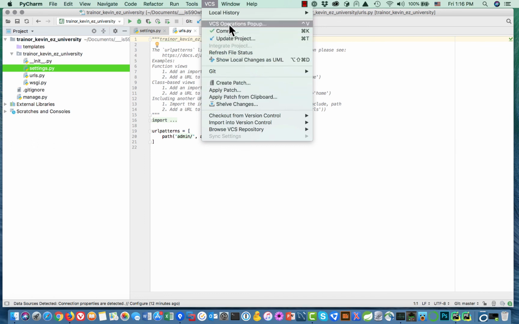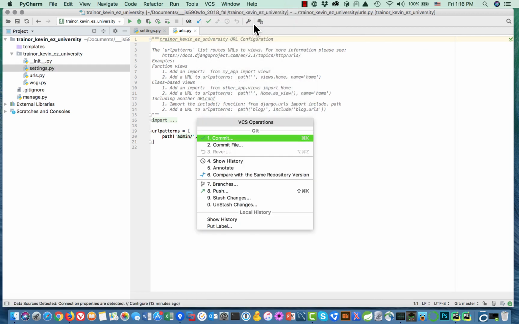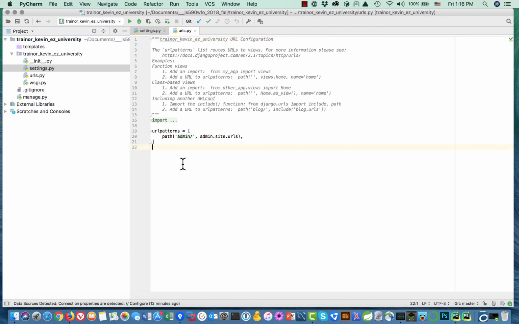The VCS operations pop-up is pretty popular. From there, you can do a commit, you can do a push, you can do all those kinds of things. I personally vacillate back and forth between doing my commits right here in PyCharm